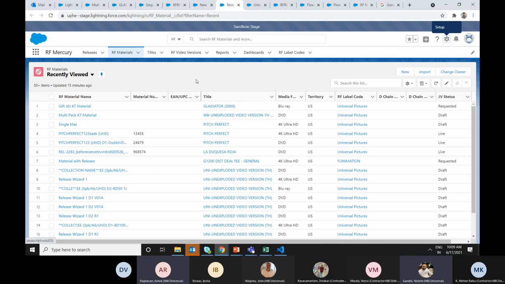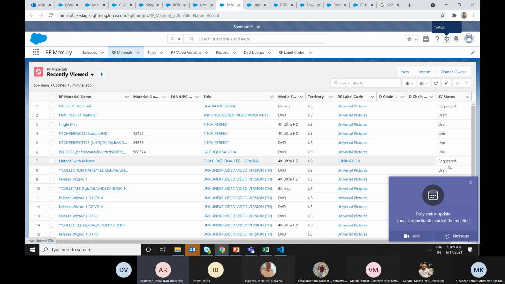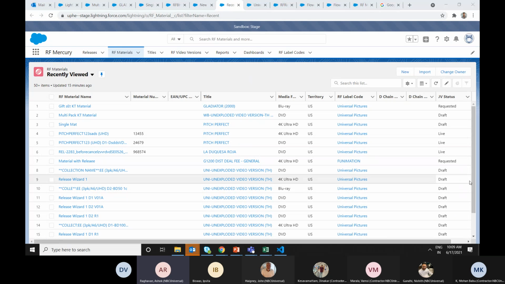I'm not sure, Vamsi, if you have any reports related to Mercury release force. If you have any, please let us know. And then I don't know if we have gone through the security piece of it, meaning permission sets and profiles that are specifically created for this. If you can, show that briefly, that will be good.